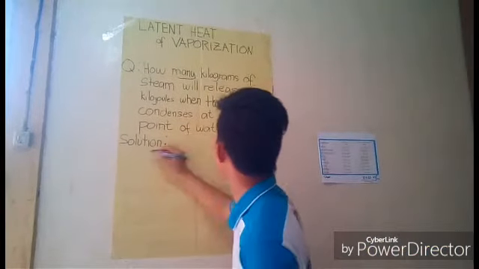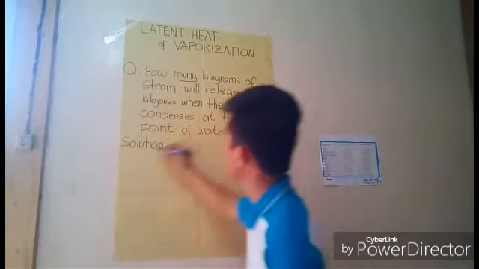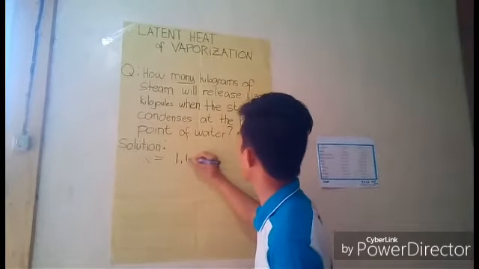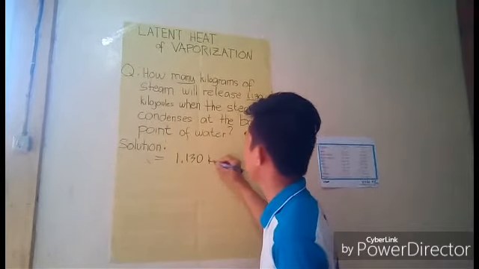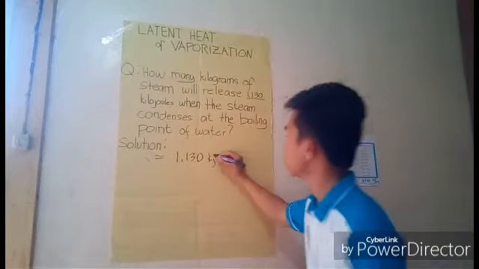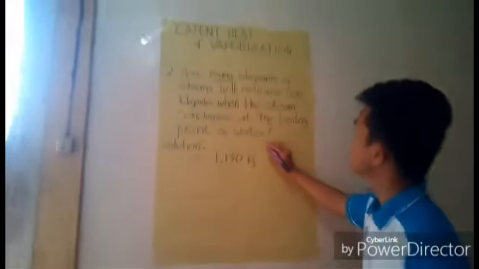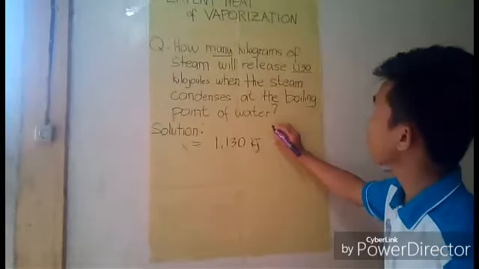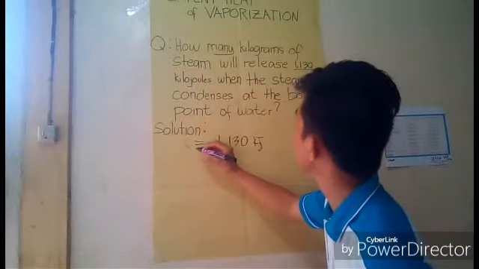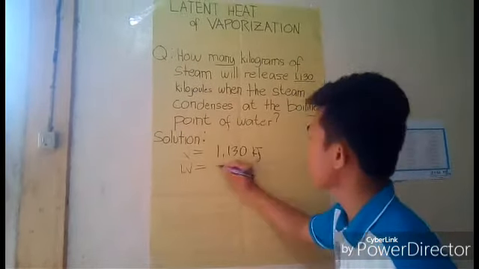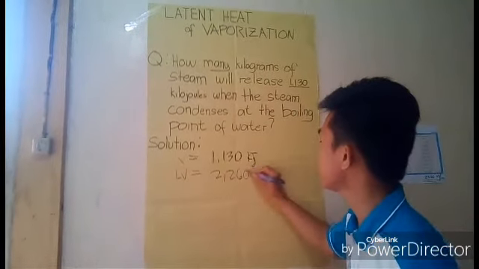We have the heat, which is 1,130 kilojoules, and the constant latent heat of vaporization of steam is 2,260